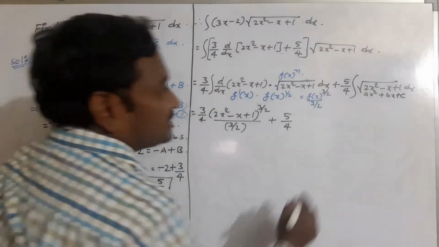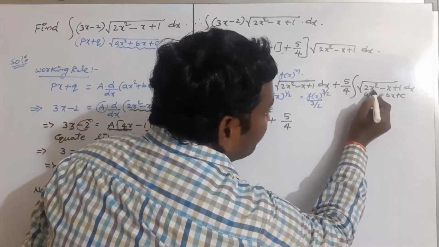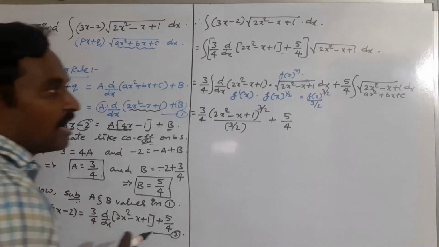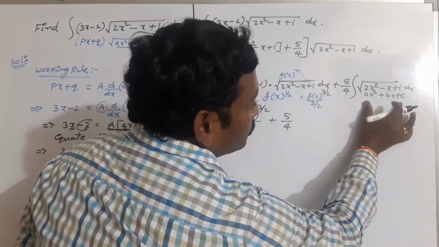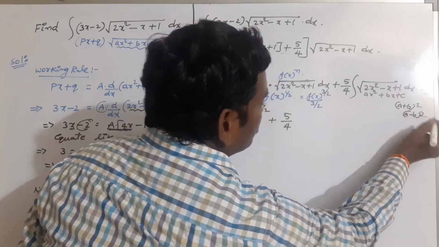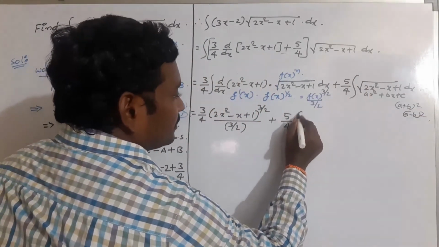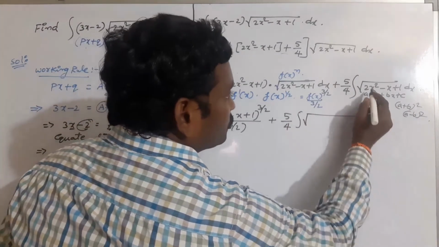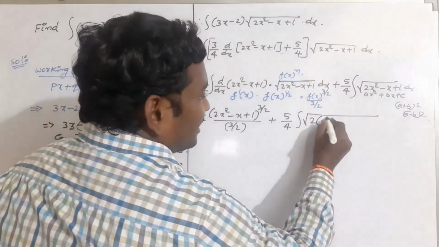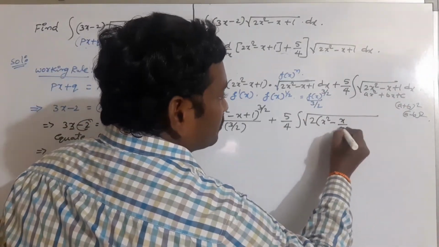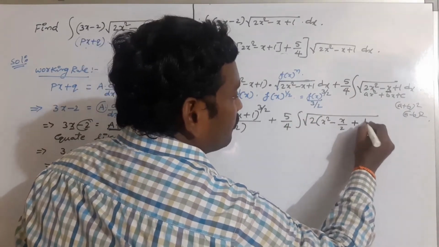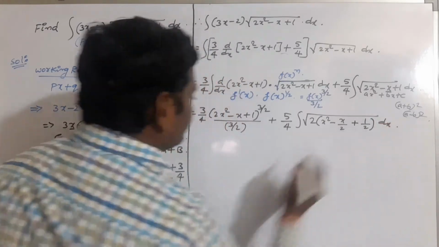So we should change the coefficient of x square to 1. After that, the entire term should be in the form of (a plus b) whole square, otherwise (a minus b) whole square. So according to that, we should make the coefficient of x square 1. That's why take common out of the term 2x square minus x by 2, because here we have only x, but you are taking the common as 2, plus 1 by 2, whole into dx.